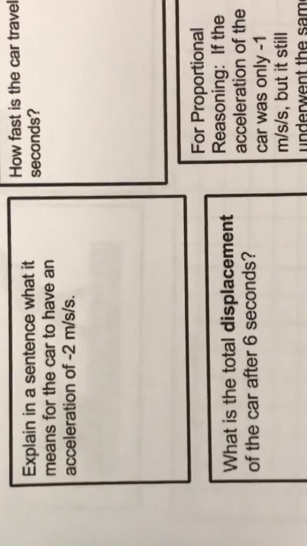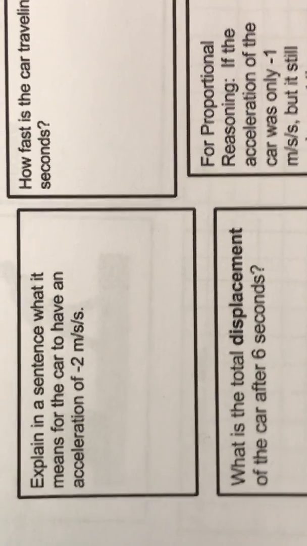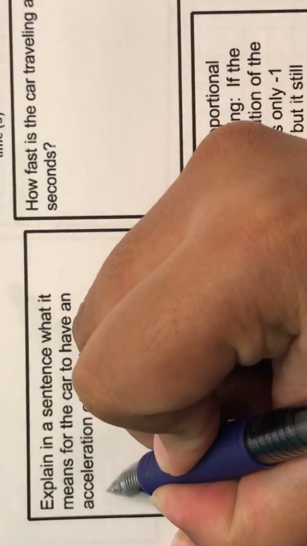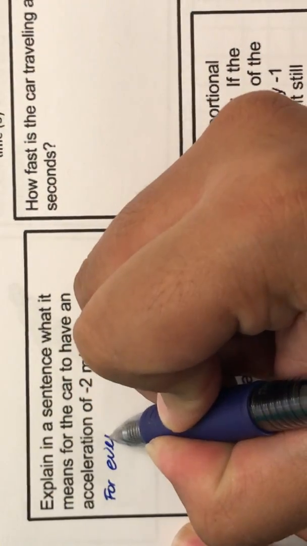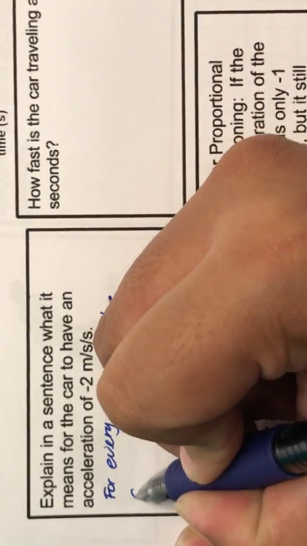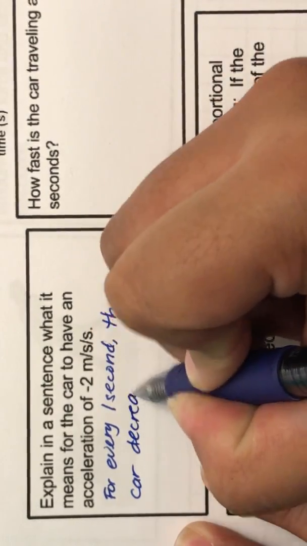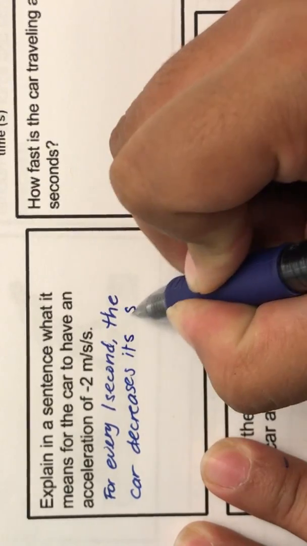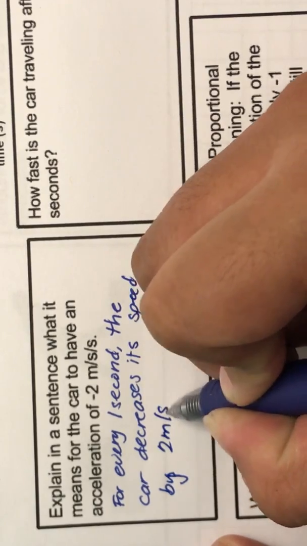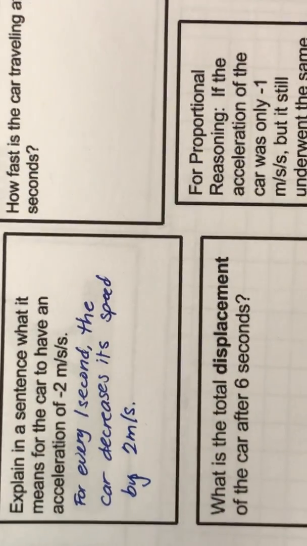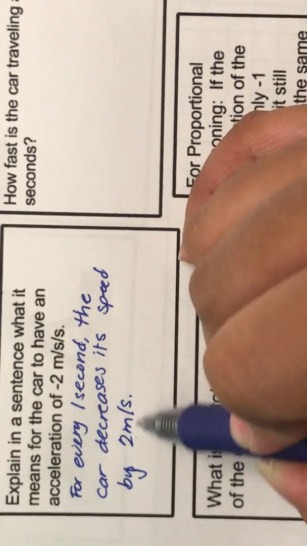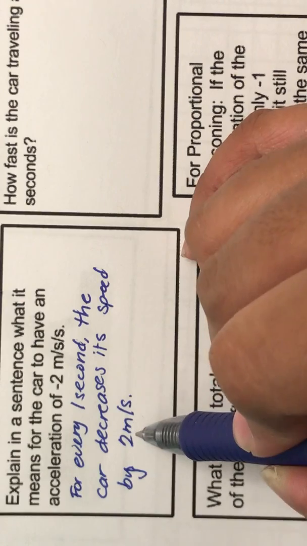So explain in a sentence what it means for the car to have an acceleration of negative 2 meters per second per second. So that means for every 1 second, the car decreases its speed by 2 meters per second. Okay, so that negative sign means it's decreasing its speed, and then the 2 meters per second is by how